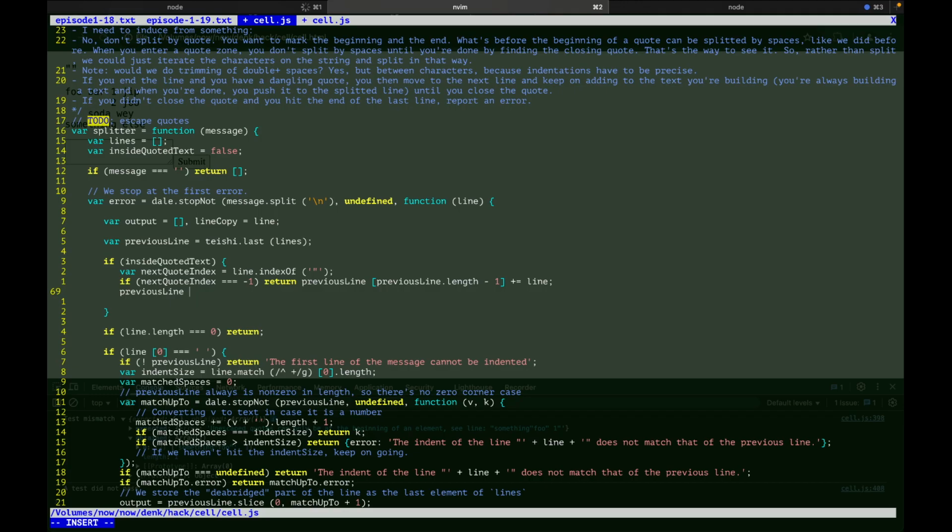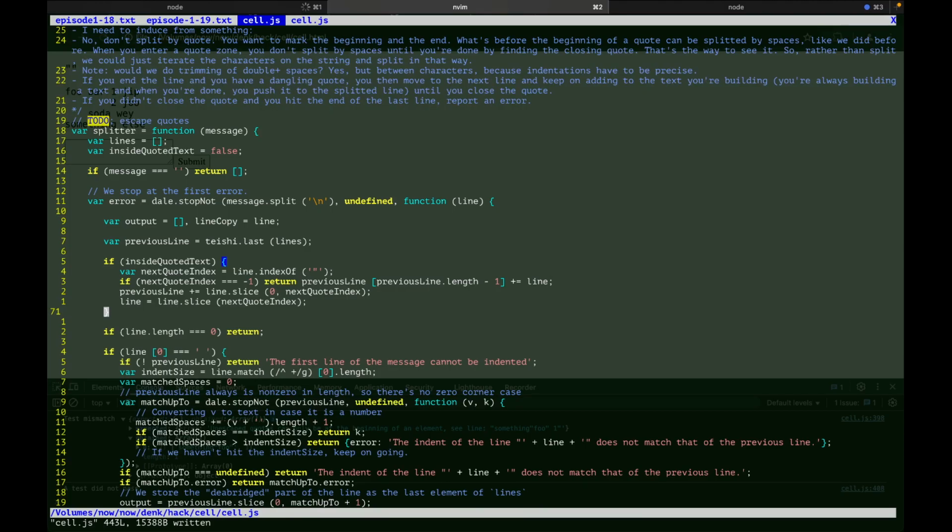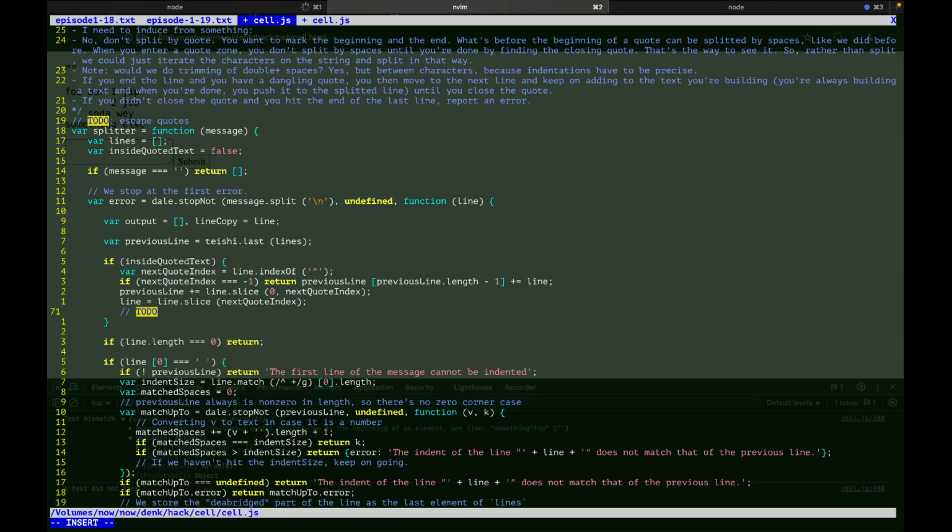Yeah, it's gonna be ugly. Line slice from 0 to next quote index, I believe, because it excludes the quote. And I will do something like line slice next quote index. So yeah, get rid of that, and then I need to keep on processing